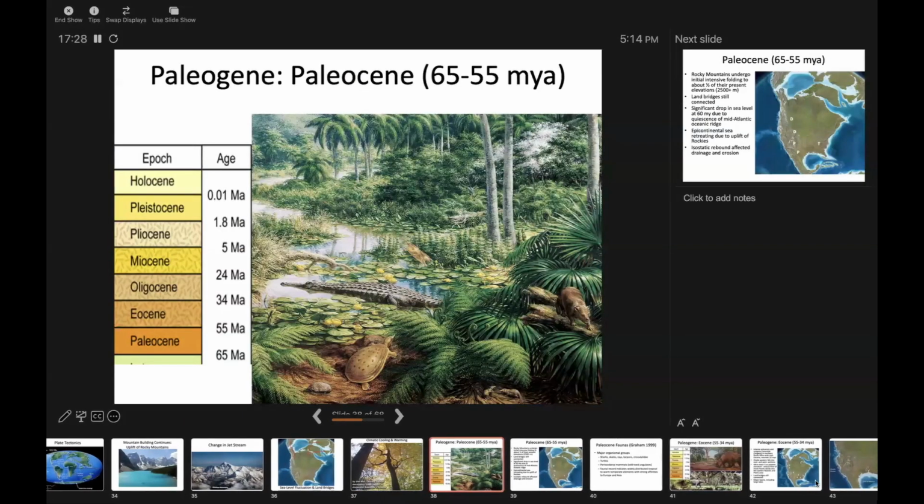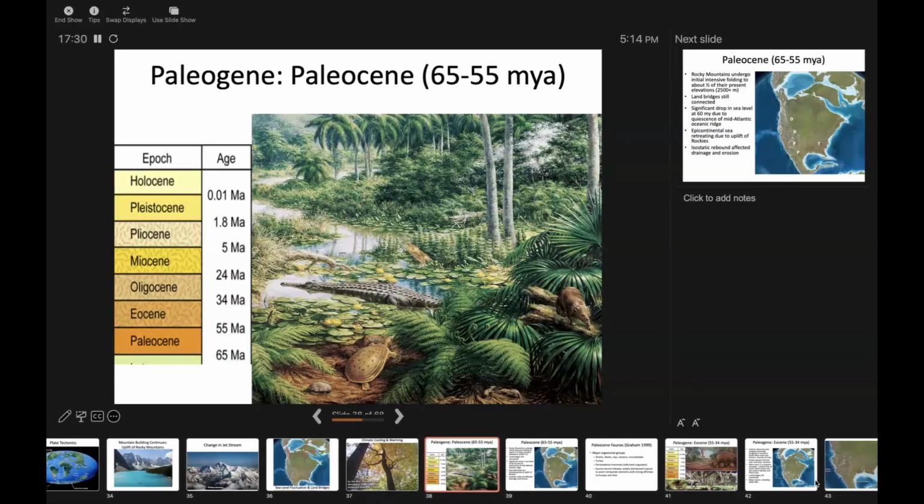Okay, so those are some key things: land bridges, continental drift, rise of mountains, ocean current changes, climatic changes, rising and falling of sea levels. Those are all the important drivers of the evolution of the North American continent, and some key drivers in the evolution of ecosystems and of species here in North America. Now what I'd like to do is let's begin to roll through and talk about each of the epochs, or